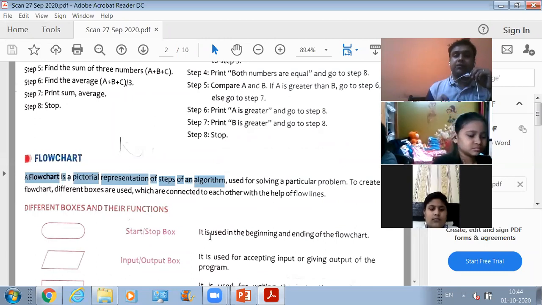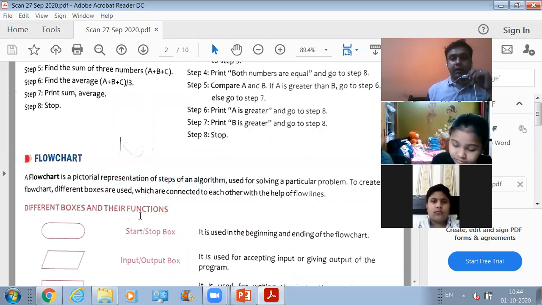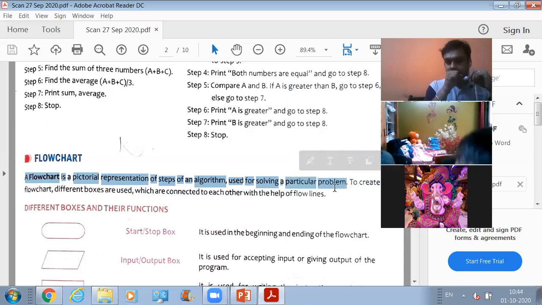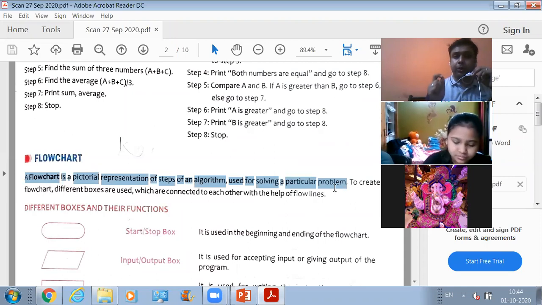Just underline this definition that is given in your book. You have to start from A and underline it till this problem word. So it is a pictorial representation of steps of an algorithm used for solving a particular problem. Okay.